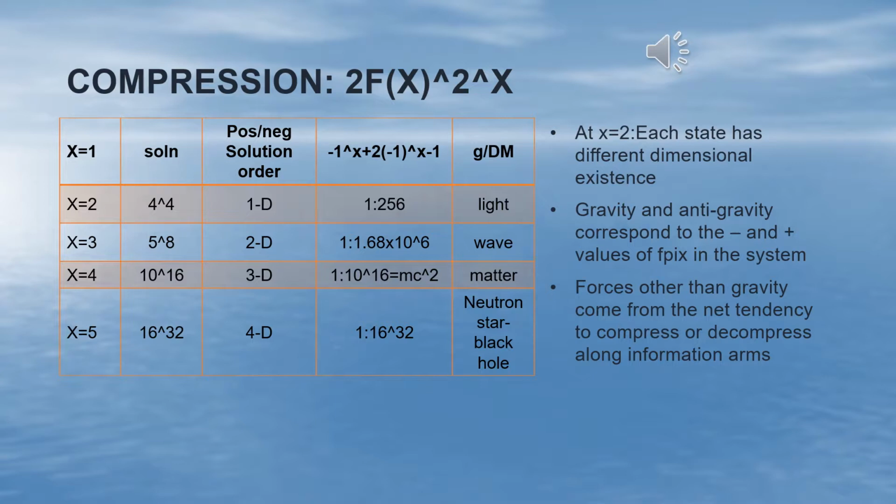This generates a scale solution for each type of state. Photonic lights 4 to the 4, black holes are 16 to the 32nd by way of example. The value of x corresponds to the number of places mathematically. X equals 1 is the ones place, x equals 2 is the tens place, x equals 3 is the hundredths place, x equals 5 is the 10,000th place by way of example. And x equals 4 would be 1,111. An x equals 3 number would be 111.